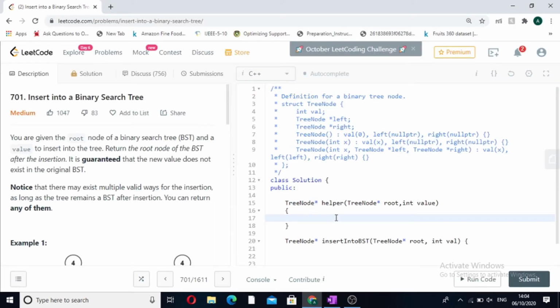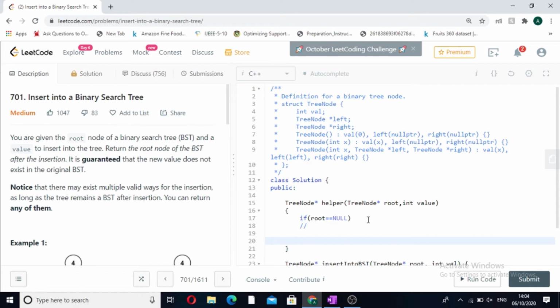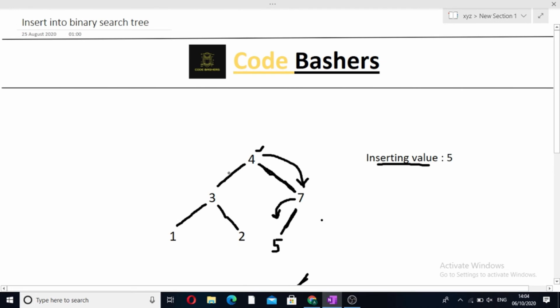So first we will write the base case. If root is equal to null, I will write it later. First we have to find the correct position of the new value to be inserted in the tree. Currently we are at the root node. Suppose, let's take this example, we are at 4 and our inserting value is 5.